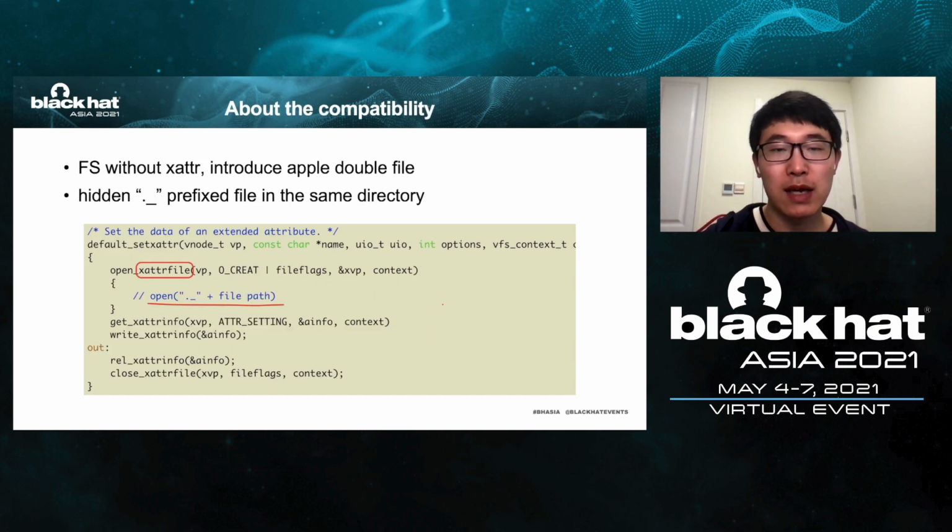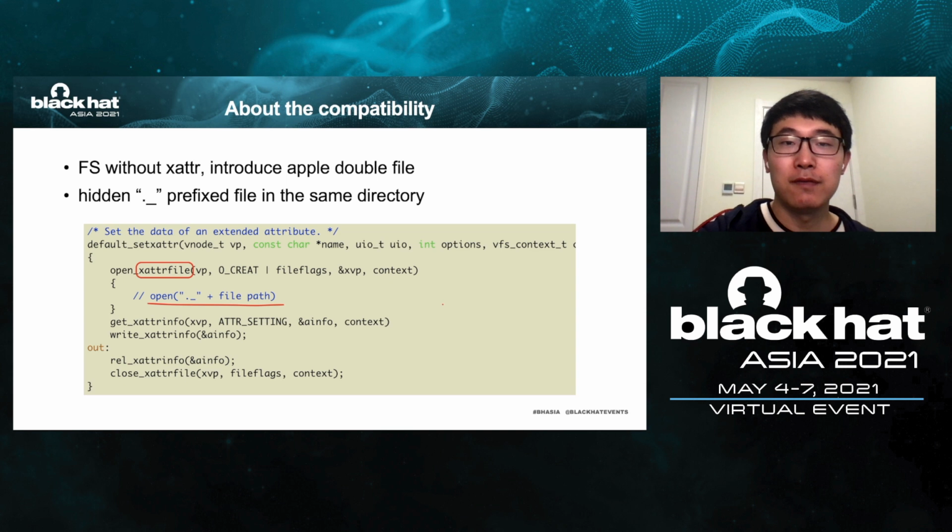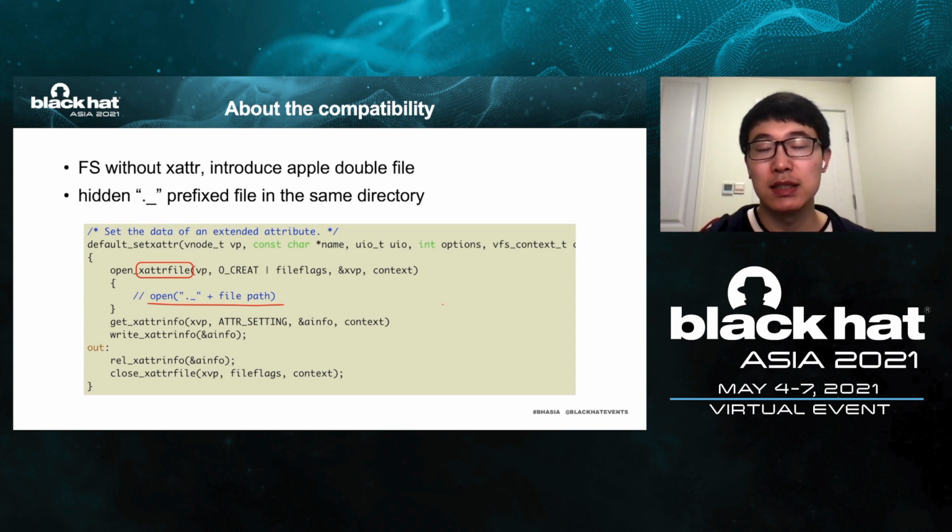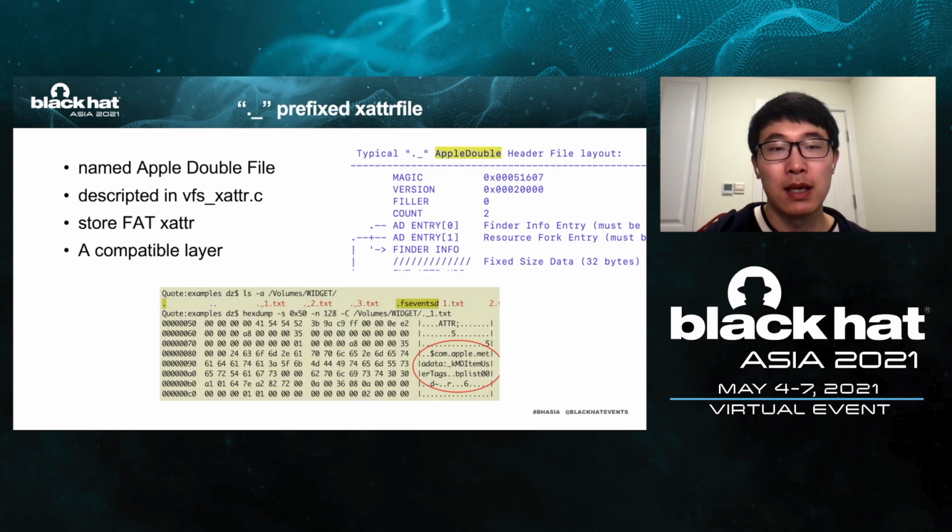By reading the code, I found that for file systems that don't support xattr natively, like FAT, Apple uses an extra hidden file prefixed with ._ to simulate xattr. That's where attribute data is stored in the FAT file system. Anyway, we can now conclude that the FAT file system itself doesn't support xattr, but Apple introduces AppleDouble, which implements